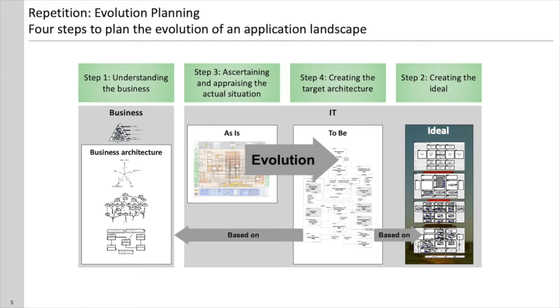So it's a midterm or long-term plan, but it's not the ideal, it's something in between, something really reachable. And this to-be architecture, because of our overall process that you see on this slide, is also based on understanding the business, and is also based on the ideal. And how that works and how that can be systematically done, this is what this lecture today is about. But before we move there,